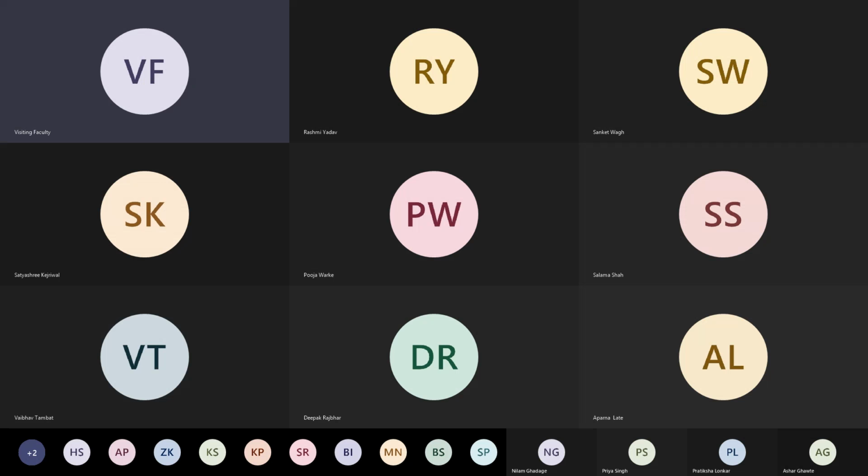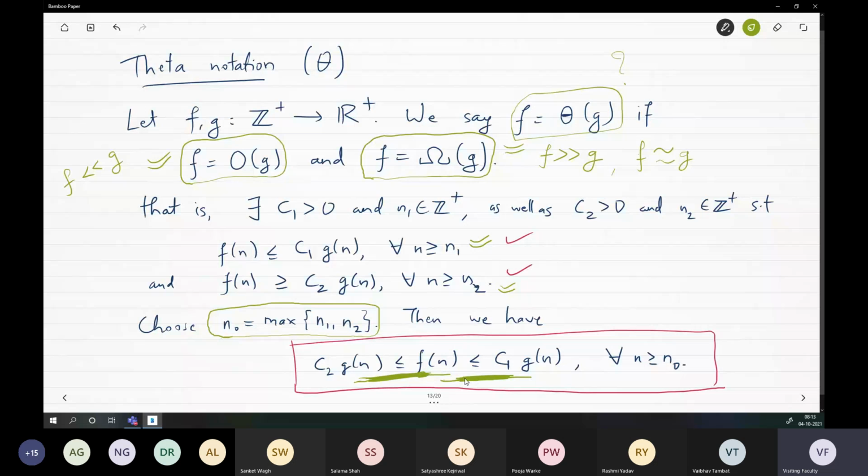Understand? Anybody else who is not clear about this? You want both to be true, right? This is true for all n greater than or equal to n1. Sorry, n2. This is true for all n greater than or equal to n2. Sorry, n1. Now you want both of them to be true. So what choice do you have? You have to take the common intersection of both properties. Everything above n1 and everything above n2 means everything above the max of n1 and n2. Maximum is the larger one, right?